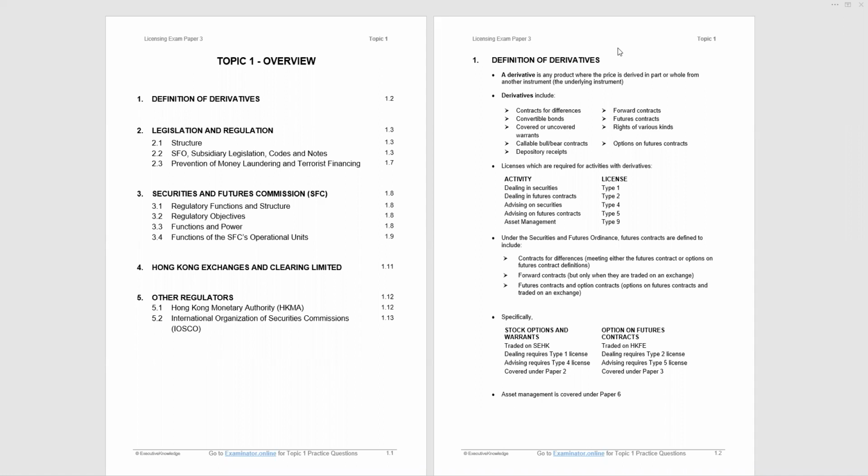This topic covers the regulatory framework of the Hong Kong financial industry and serves as a backdrop to the topics that will follow. I will emphasize the important points to help you understand the core material you need to know